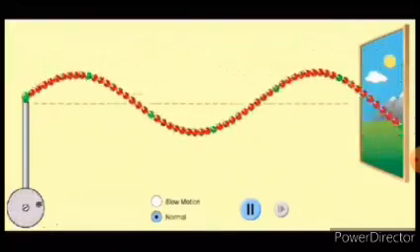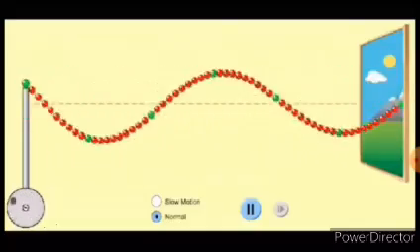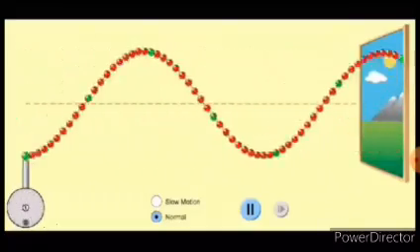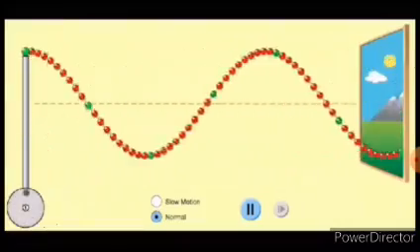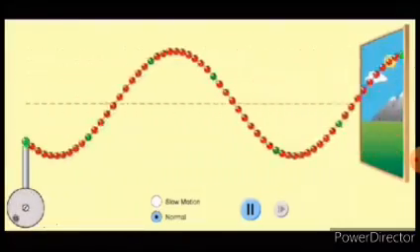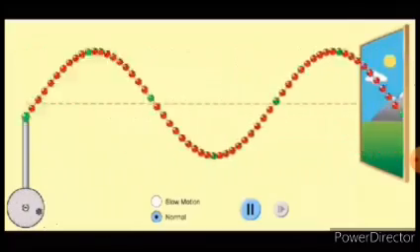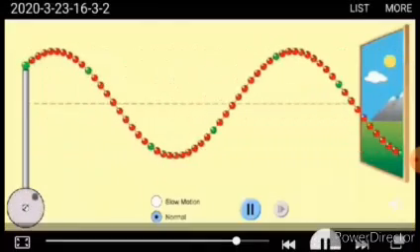If I change the amplitude, of course, the peak gets smaller, but neither the frequency, nor the lambda, the wavelength, nor the speed changes. So how can I change the speed of the wave? To change the speed of the wave,